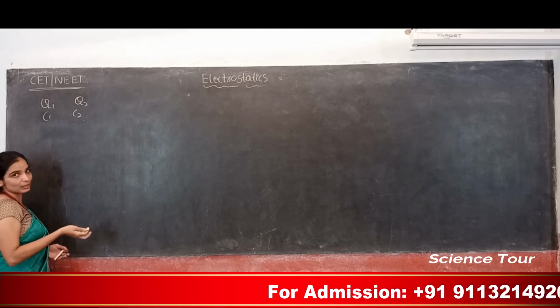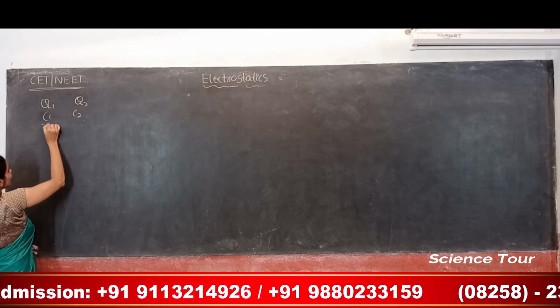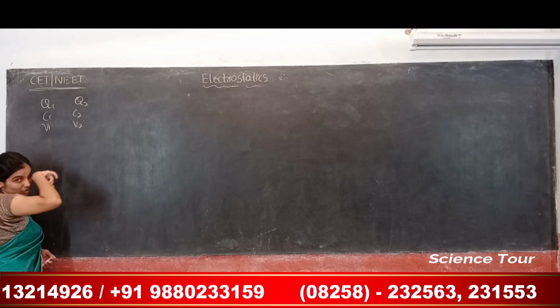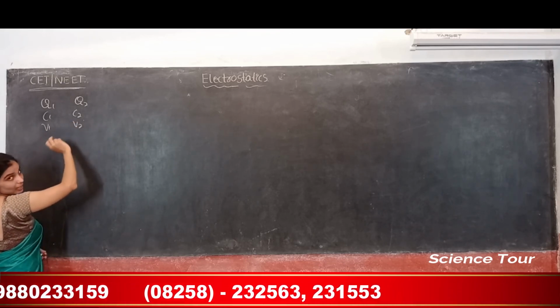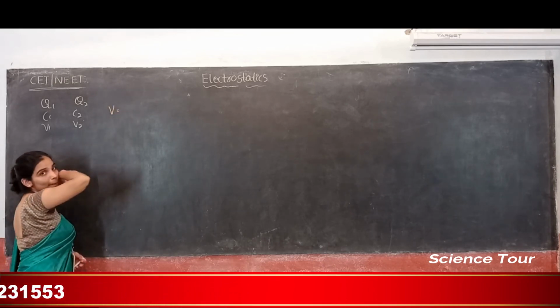When they are connected, they will attain a common potential. Let's say initially this has a potential V1 and this has a potential V2. So after connecting each other, the common potential they will obtain is nothing but